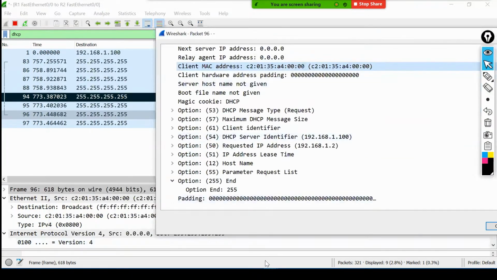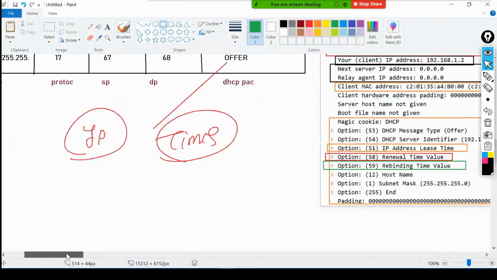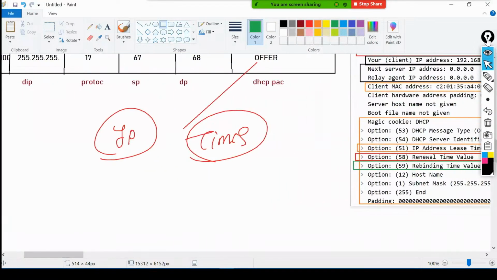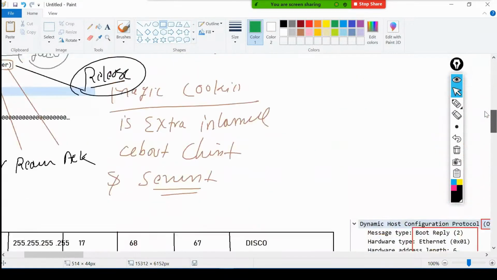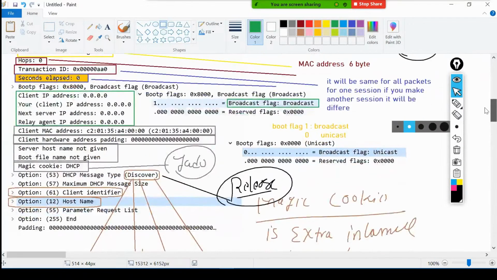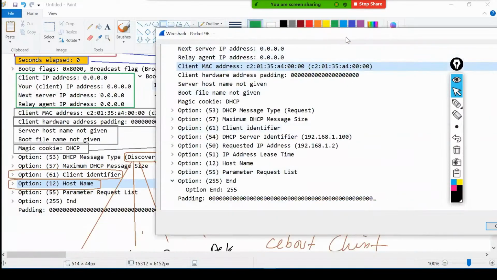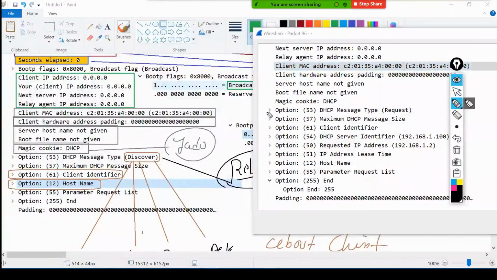Only, if you compare this with the Discover packet sent by the client, only some option fields are different.